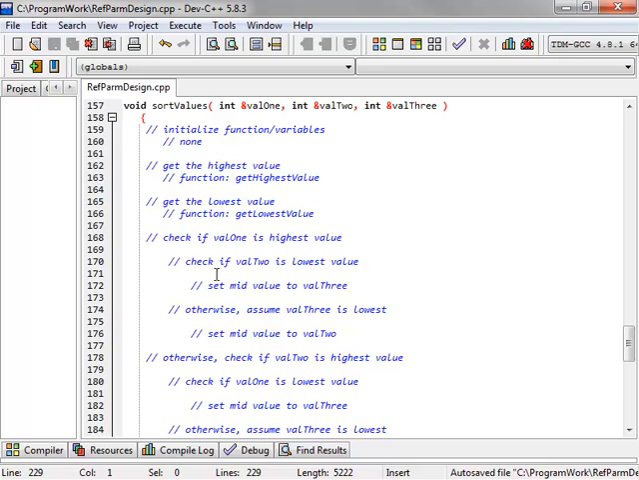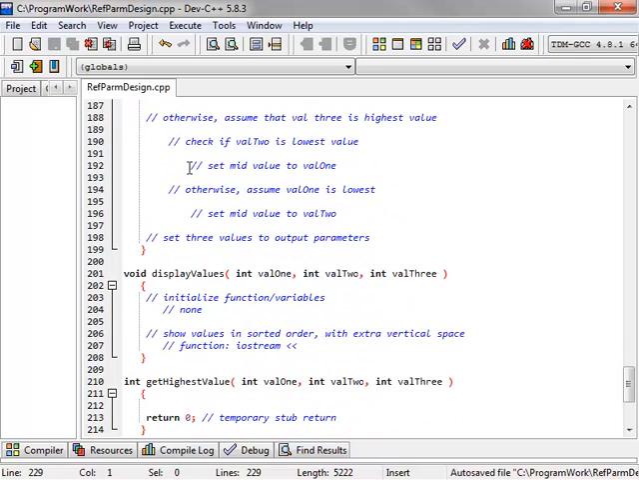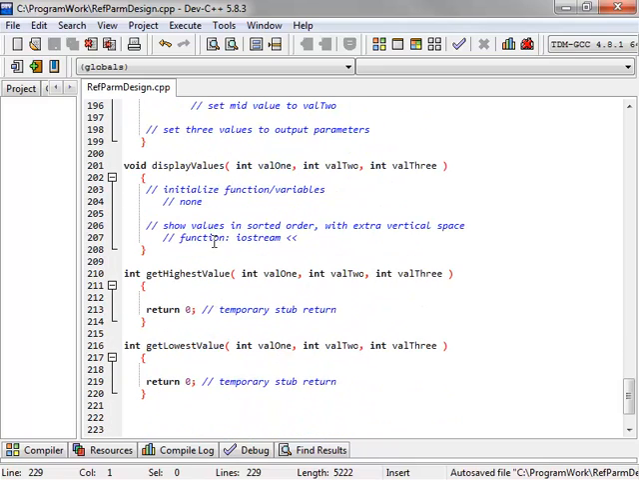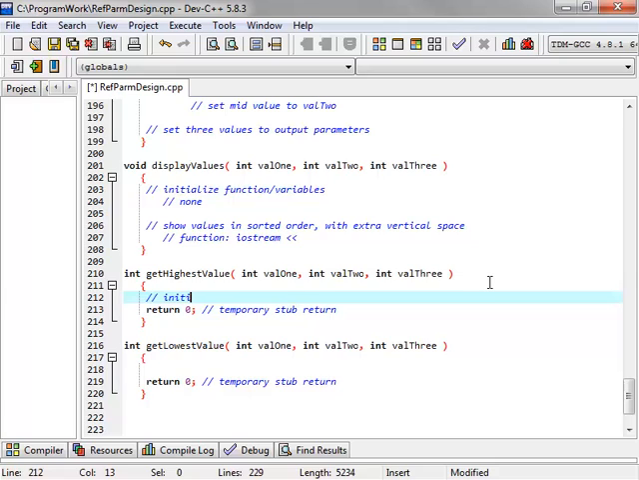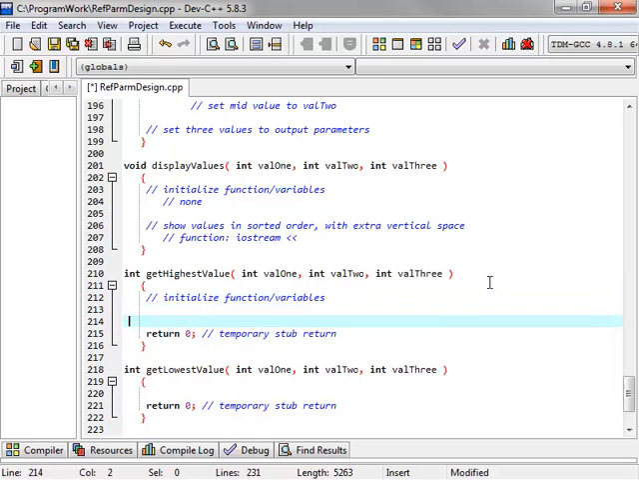We've gone through step 1, 2, and 3 through there. We have the display values here. And then now we're going to get the highest value. That is very easy to do. We'll initialize function variables. We will very specifically initialize